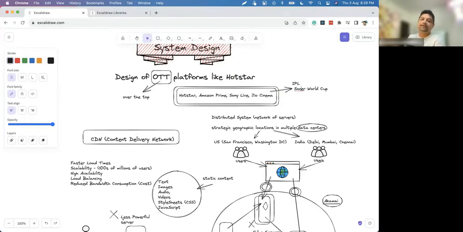So there will again be hundreds of millions of users watching it, and all of them will be watching the same content at the same time, and they will expect good performance. They would expect a smooth performance over the network.